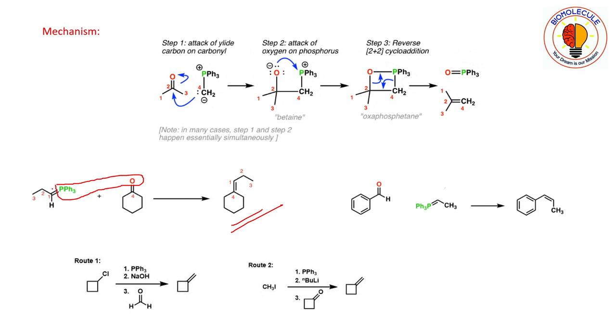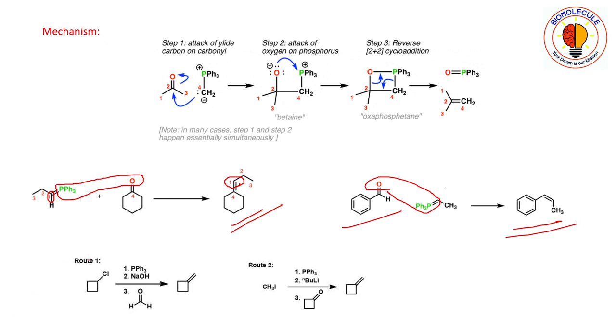You see, this ylide has 3 carbon atoms, 1 2 3. In the product you are getting 1 2 3 carbon atoms. Also note that this carbon 1 is doubly bonded to phosphorus. So here also this carbon 1 should be doubly bonded to the carbonyl carbon. Similarly, this benzaldehyde, you just eliminate this triphenyl phosphine. So what you will get is this product.